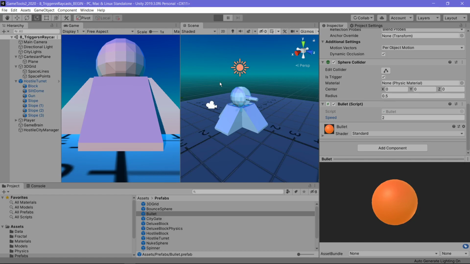Yeah, that seems to stop at least. Yeah, okay, so now the bullets are being stopped when they actually hit. Okay. Alright,